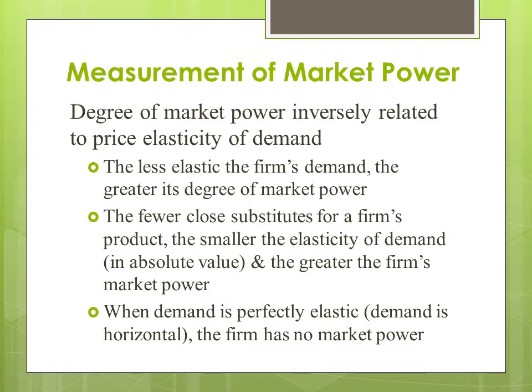So in perfect competition, we know that a firm has a perfectly elastic demand curve where prices are fixed and the firm has no power. But in the monopoly case, the firm has full control on prices, has market power, and faces a downward sloping demand curve.